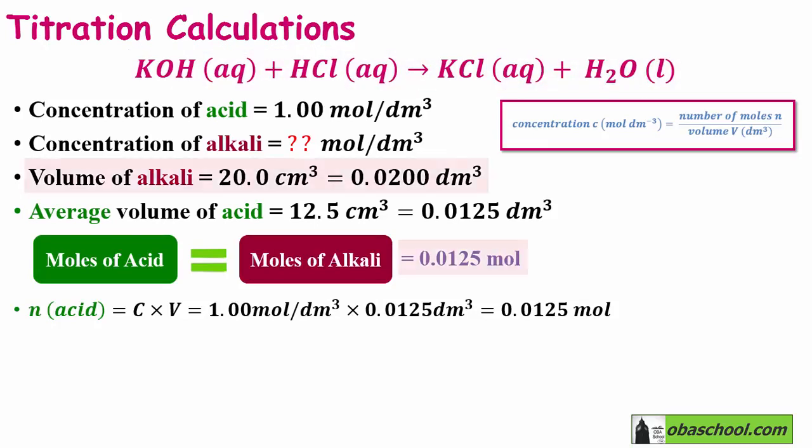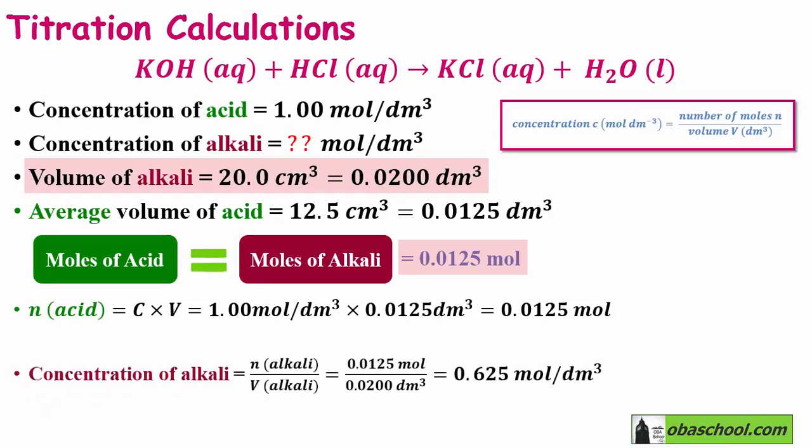So now we know the number of moles of the alkali and the volume of the alkali. All we need to do now is to calculate the concentration. So the concentration of the alkali will be equal to the number of moles divided by the volume. So it's 0.0125 mole divided by 0.02 dm³, which is equal to 0.625 mol per dm³. You may be asked to